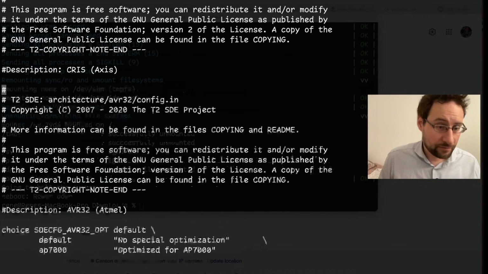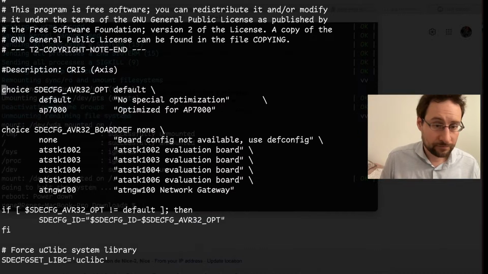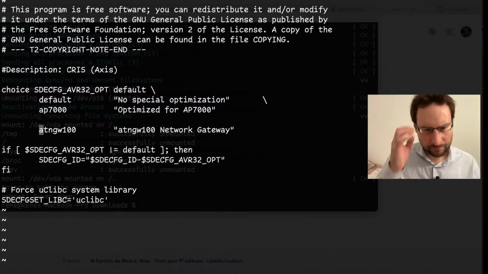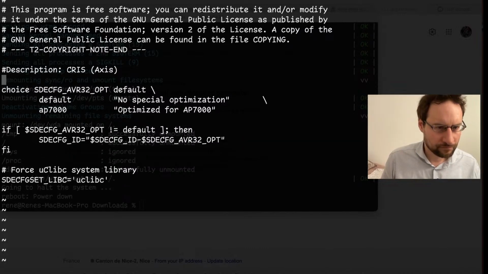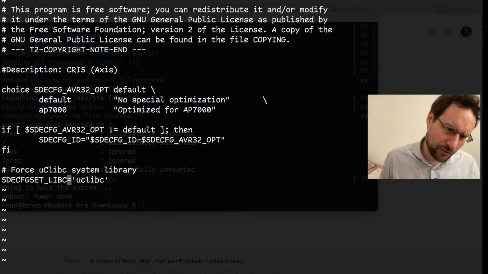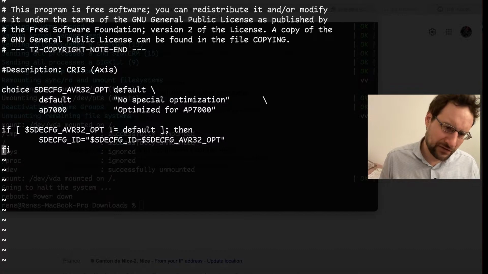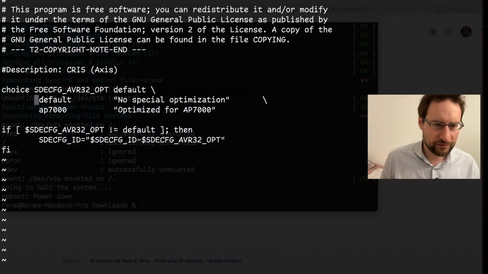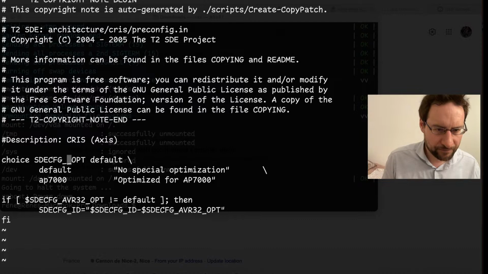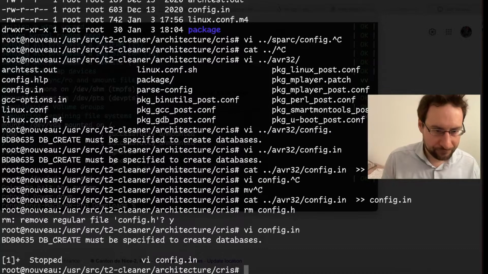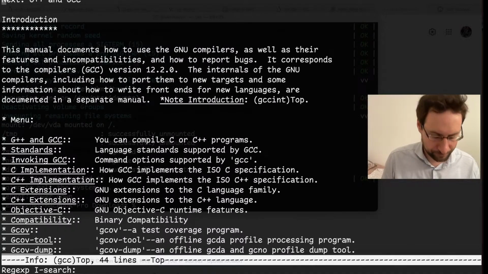So yeah, we could theoretically, but this is actually not even necessary. I think we could even remove that from AVR32, to be honest. But what do we have there?